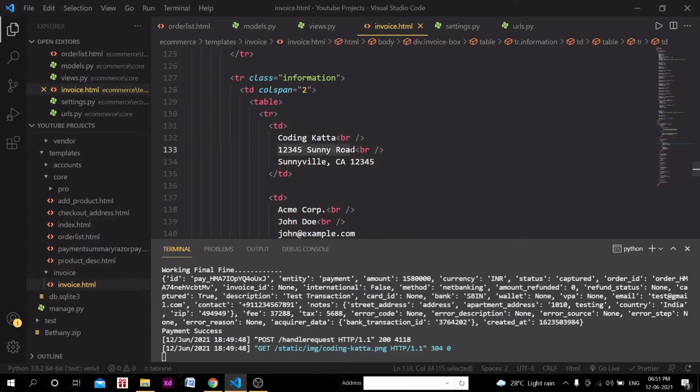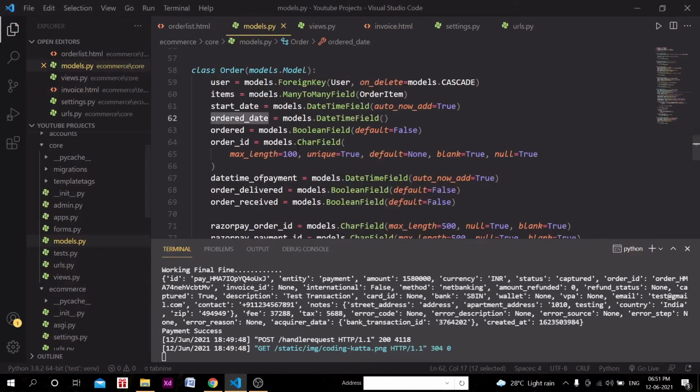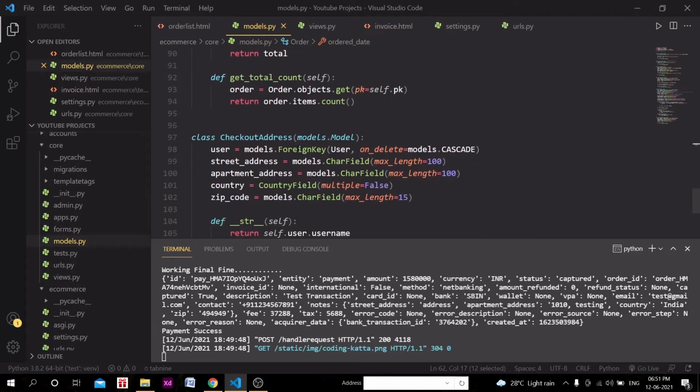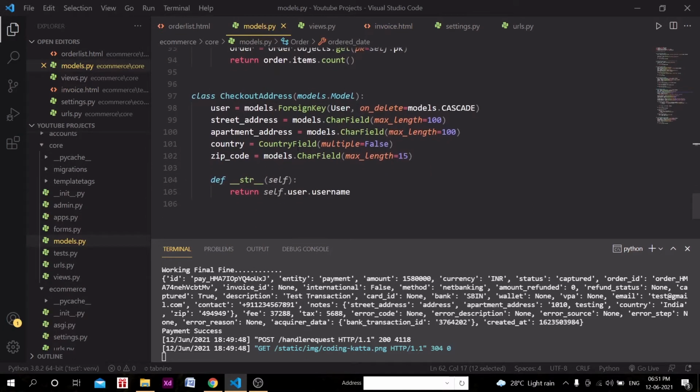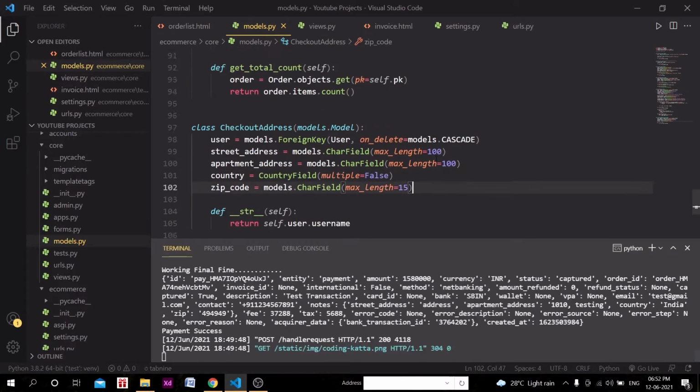So what we can do here, we can simply call order in the models.py file. Order address was not there, checkout address was there, right? So in the payment status object actually address was there. So in the notes section, okay, we were passing for testing purpose, we need to call this checkout address here.